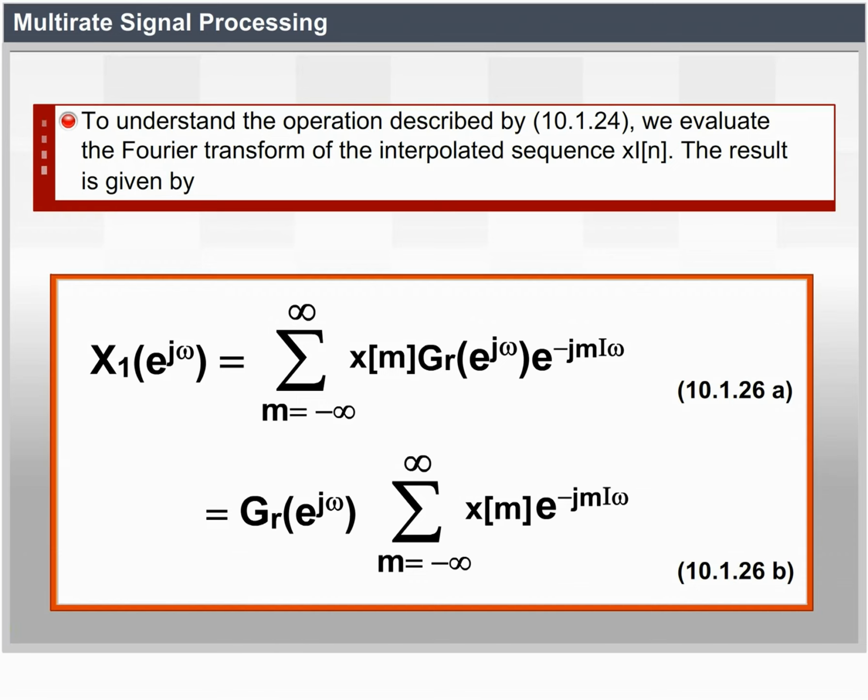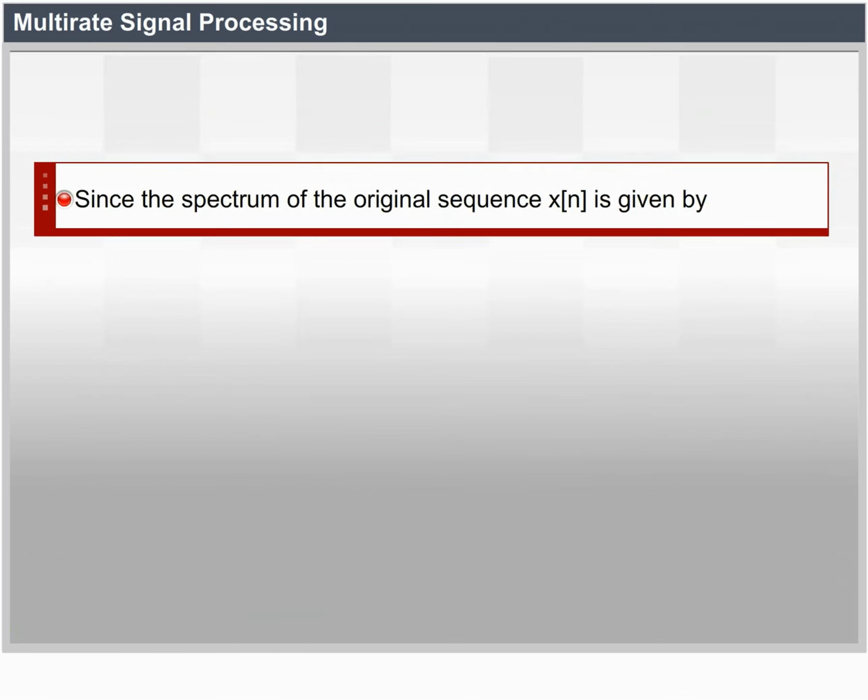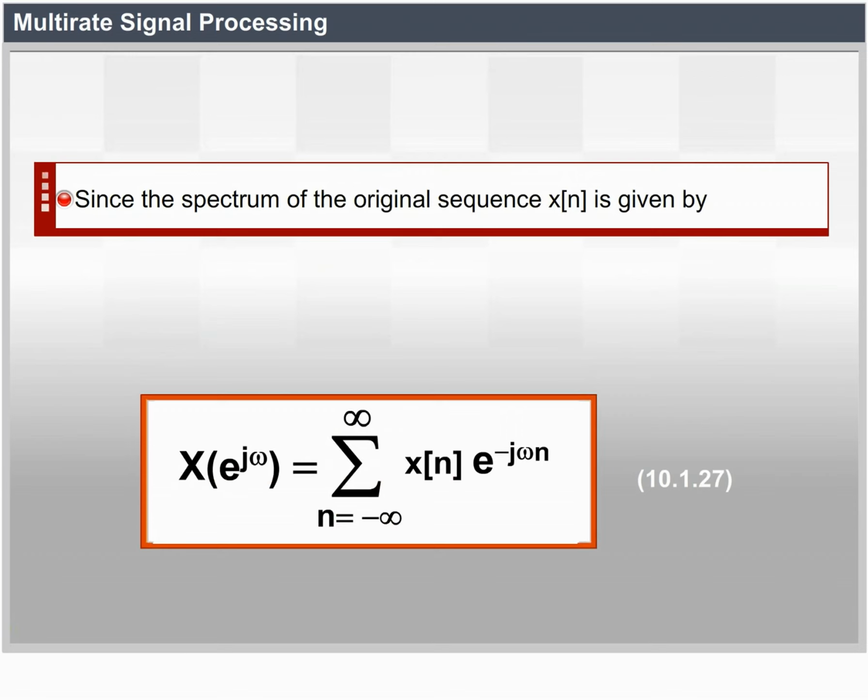Since the spectrum of the original sequence x(n) is given by X(e^jω) equal to the summation over n from minus infinity to plus infinity of x(n) e^(minus jωn), equation